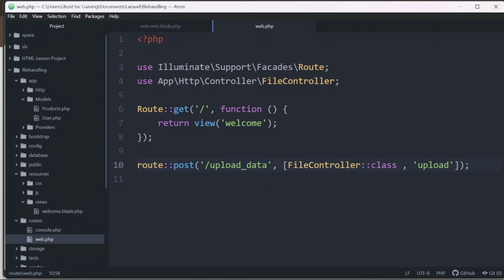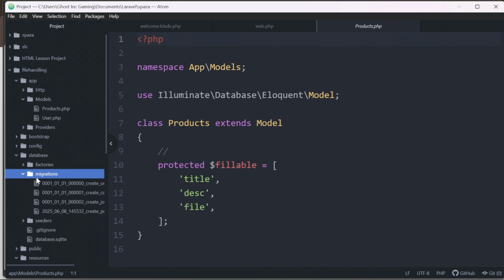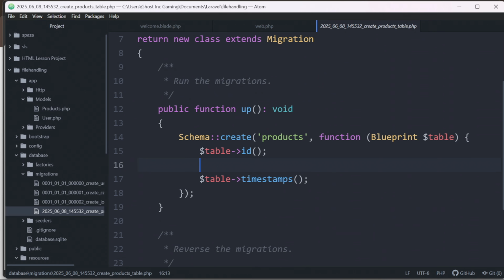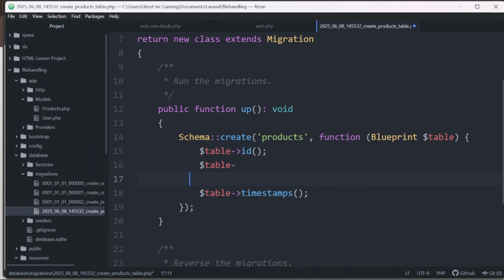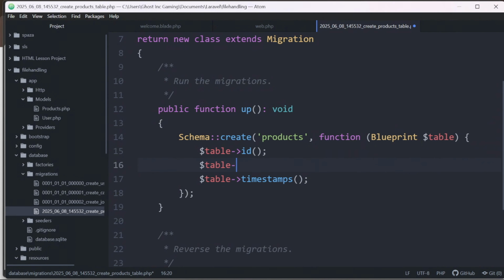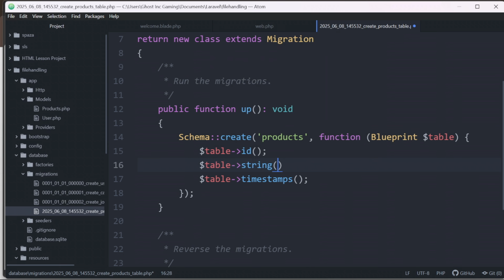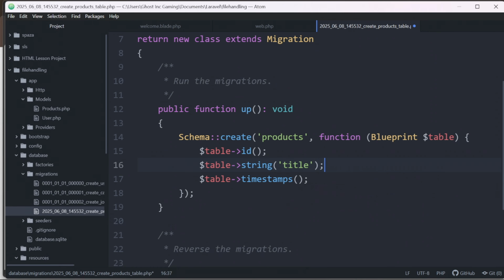Done. Next, after that, we go to our database. Now on our database, what we now need to manipulate is not inside model. On our database, what we now need to manipulate is our migrations table for products. Now already it has an ID, so we are going to be creating a table which is going to hold information of a string,